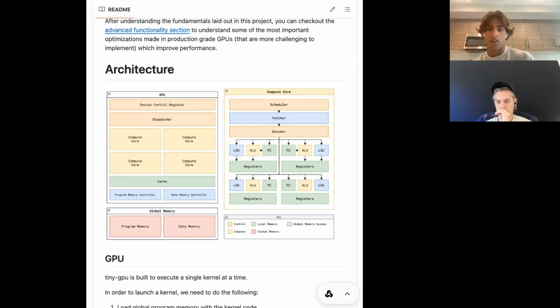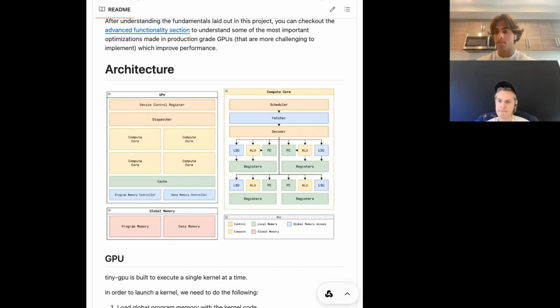So in this picture here, we have global memory with program memory and data memory. And that's one piece of that. And then like another important thing in GPUs is the actual bus where data kind of transfers between the CPU host and the GPU. Again, I left that out because of simplicity reasons. But the other important control thing here, besides the memory, is what's called the device control register. Now, in real GPUs, this is a lot more complicated, but in this case, if you remember,